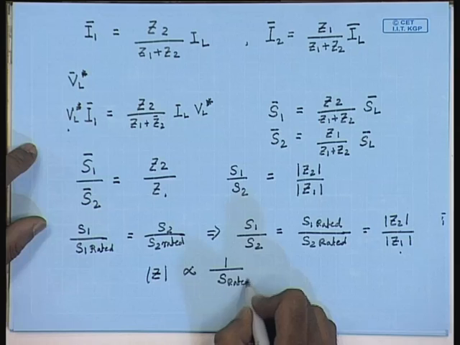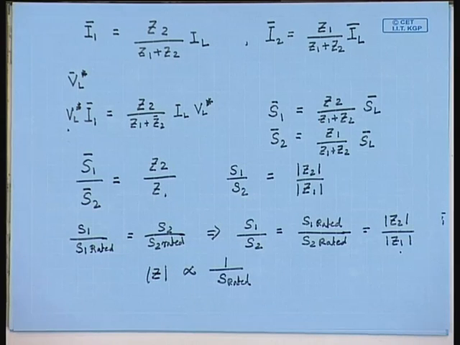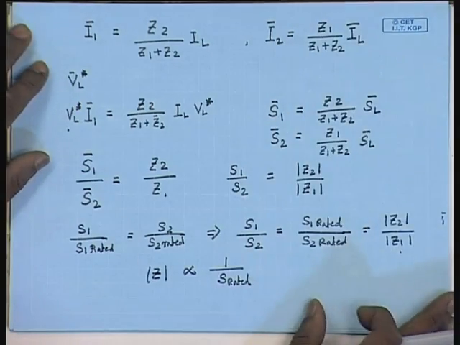So, that is another desirable condition for connecting transformers in parallel, that is the series impedance of the transformer should be inversely proportional to their kVA rating. This can be stated even in a simpler form if we note that